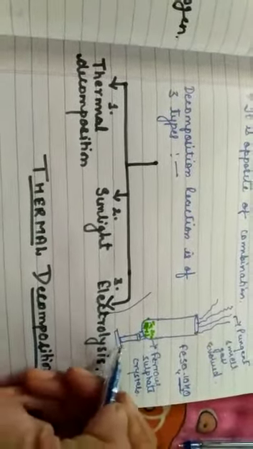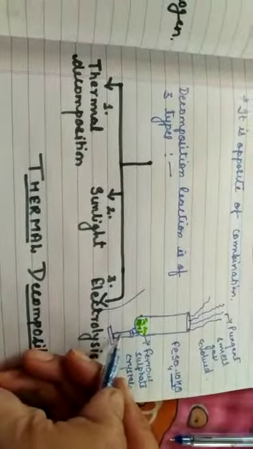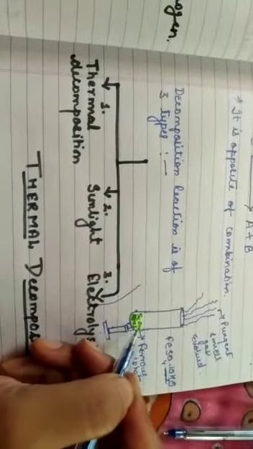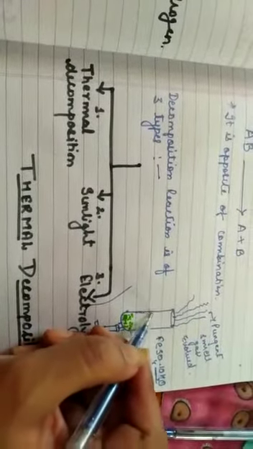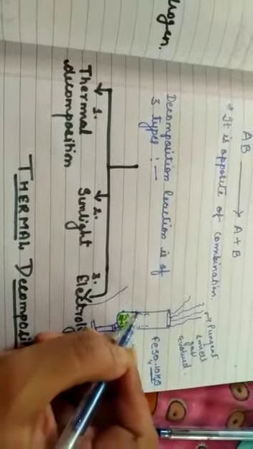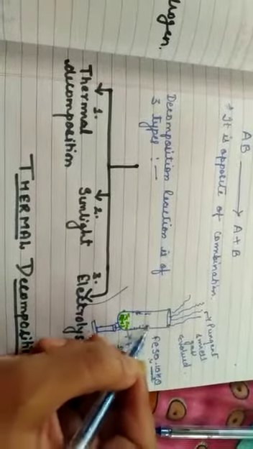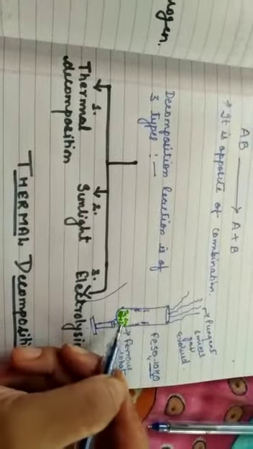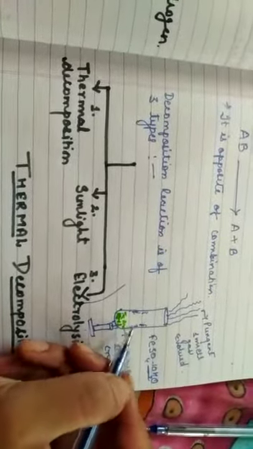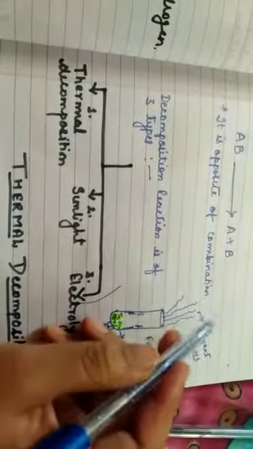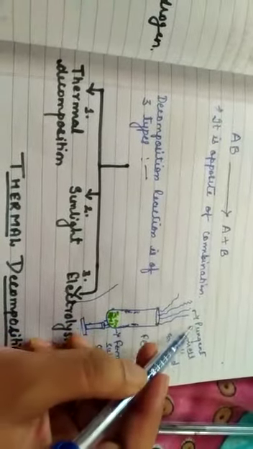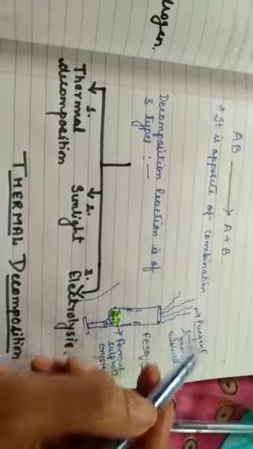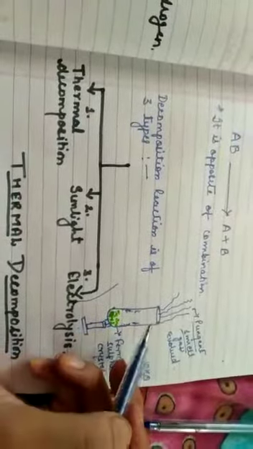So when we heat it with the help of the Bunsen burner, what will we observe? We observe that the molecules of water that are present in ferrous sulfate will be on the walls of the test tube. Here we will see all the water molecules, their droplets. Okay, the first observation. And the second observation is that after some time we will observe that some gas is evolved, and the smell of that gas is pungent. That is the smell of rotten eggs. So some pungent gas is evolved.